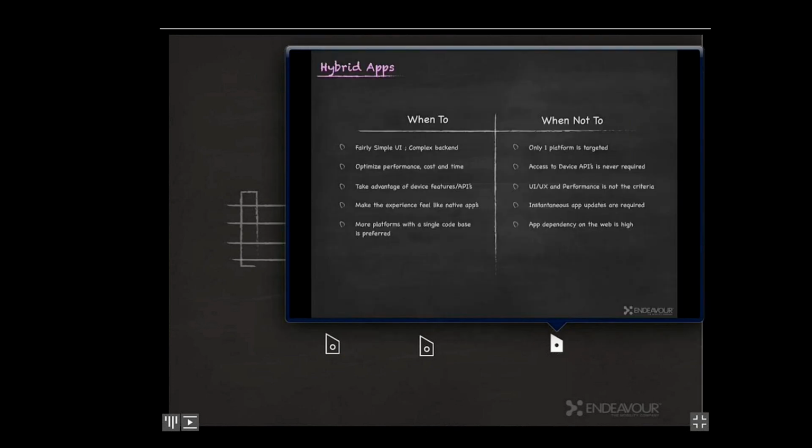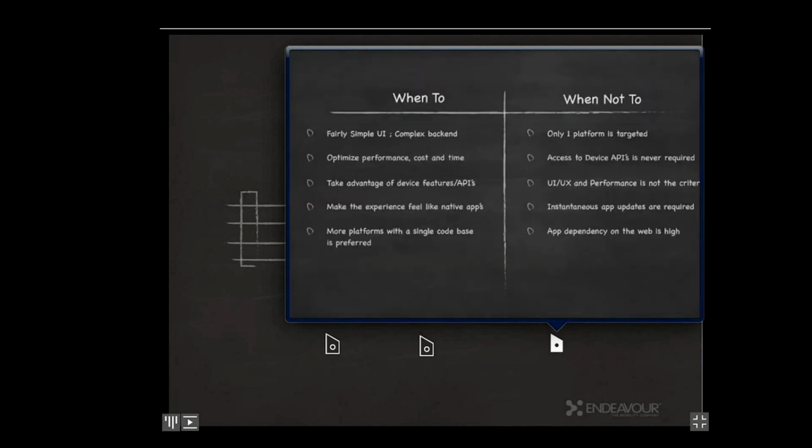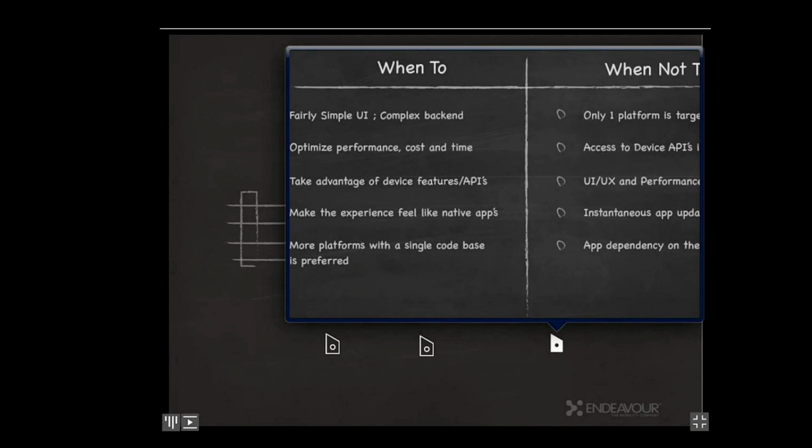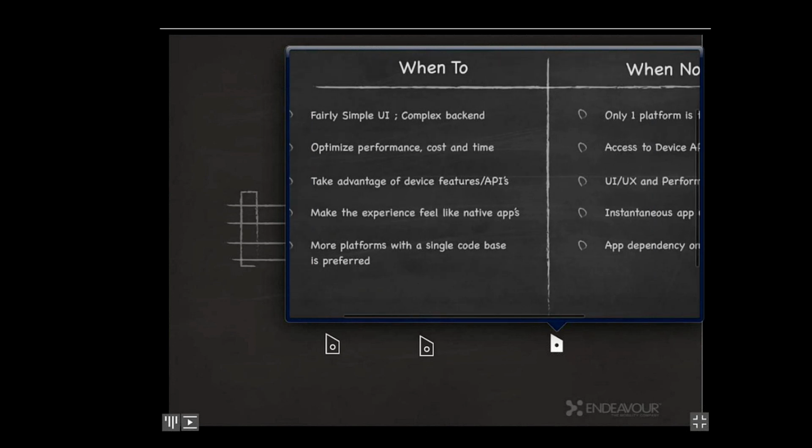Well, so when do you do the hybrid app? The simple answer is that when you have the situation from native as well as the situation from web, the way to go is hybrid app, but that's not so simple. Let me put it straightforward. When you have a fairly simple UI, which is powered with a complex backend, where the server does a lot of stuff and gives you the things that are manipulated, which you only need to present or just preserve or do some minor tweaks here and there, hybrid apps are better.